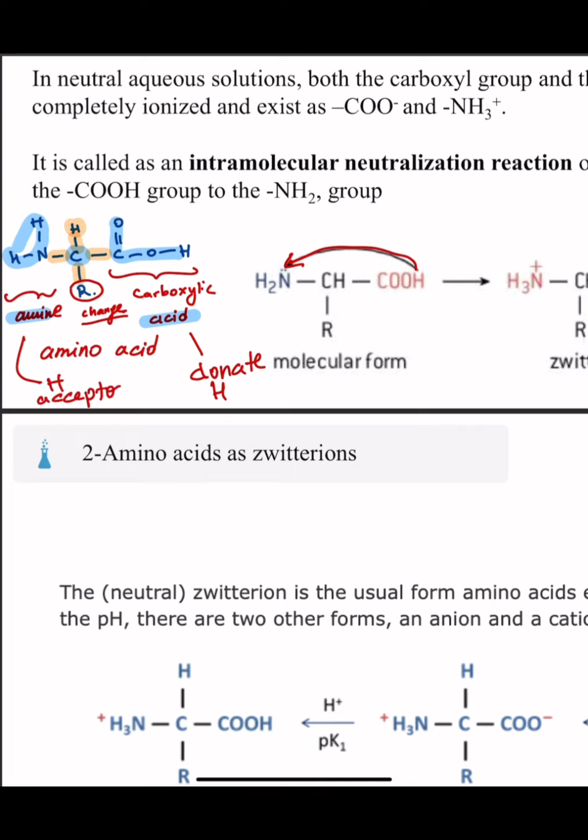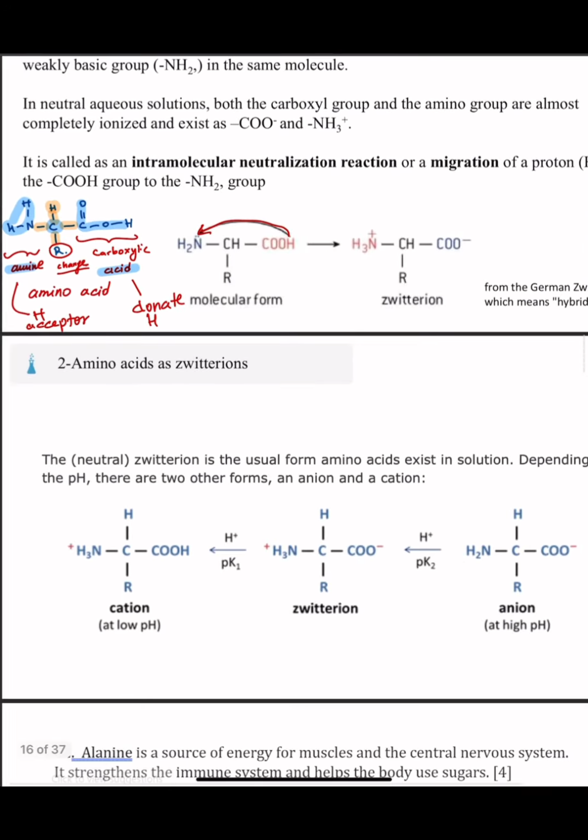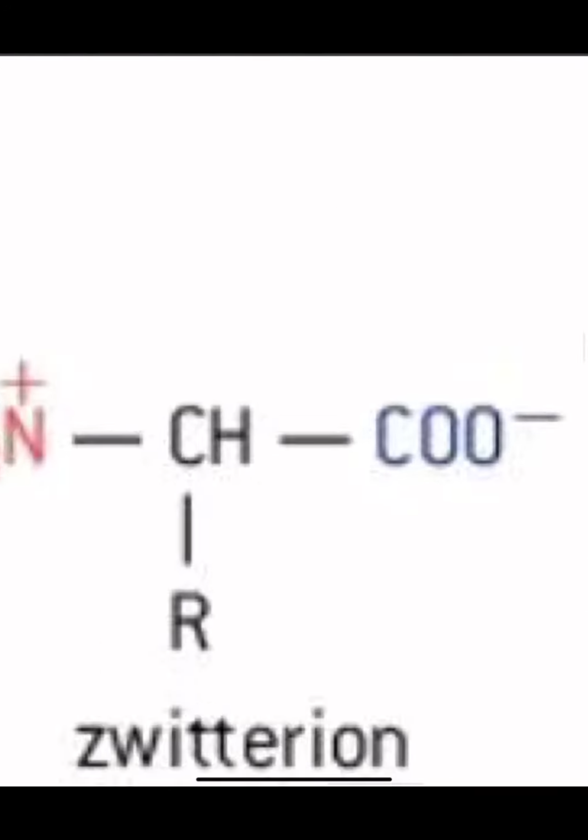So one donates, the other one is accepting, right? When this happens, I'm gonna write you the structure, so pause the video and write with me. So I've got here NH2, and then I've got CHR, and then